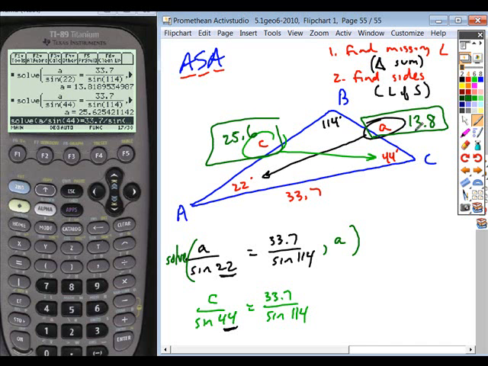And then finally, does the triangle inequality relationship apply here? Are the sum of the two smaller sides greater than the third side? Is 13.8 plus 25.6 greater than 33.7? Yeah. If it's not, then you've done something wrong. So you have some built-in checks to test whether you're on the right track or not. Okay, I encourage you to use those. Use any of the properties involving triangles that you know to help gauge whether your answers seem reasonable. Okay, let's